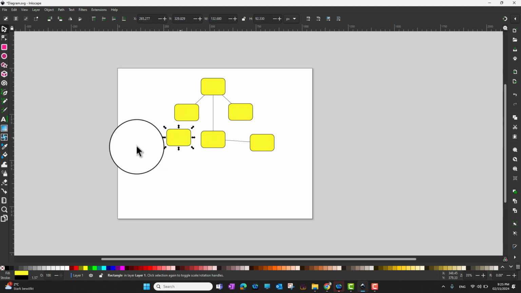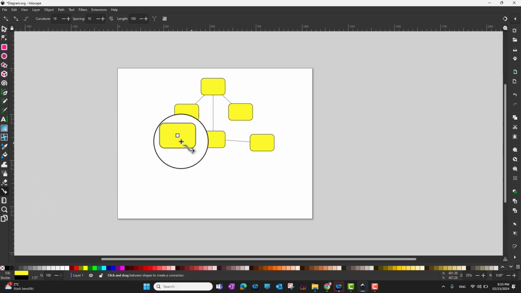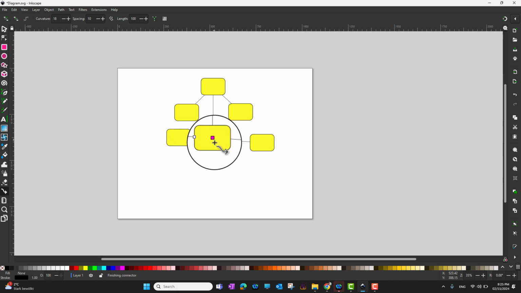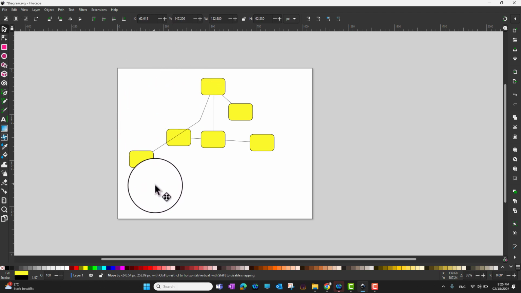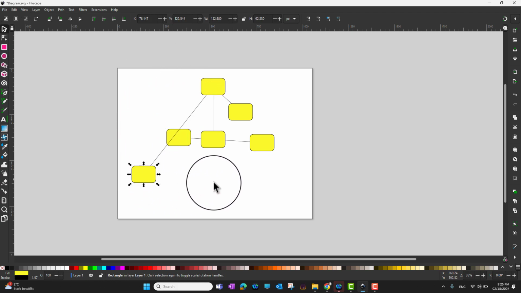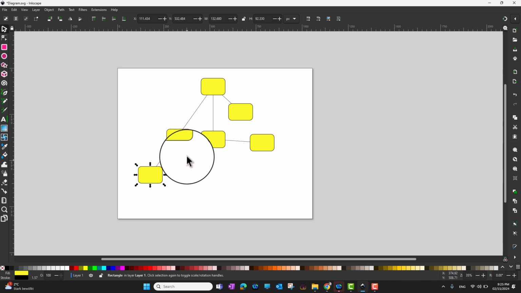And then I'm gonna bring it here, going into the connector tool, and I'm gonna connect these two here. And then again, I'm gonna go into the selector tool, and I'm gonna bring it here. Okay, so as you can see, again it's passing through this, but I don't want to pass the line